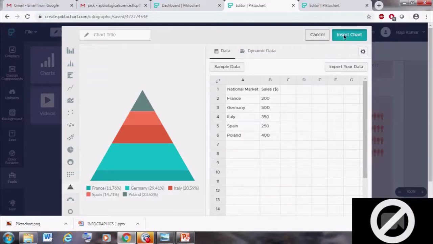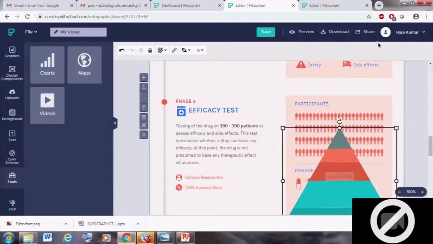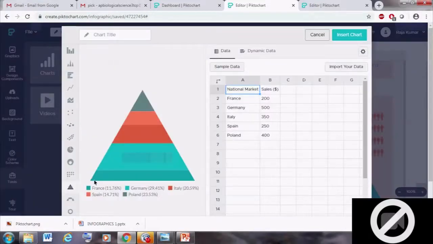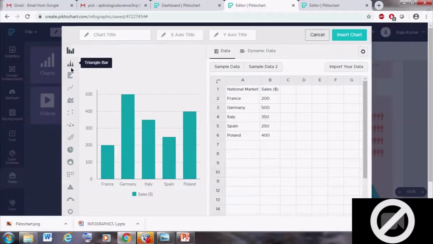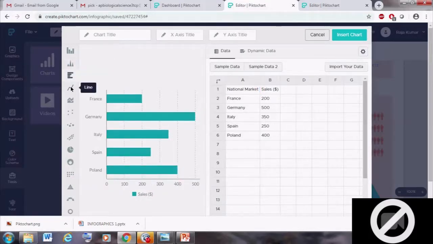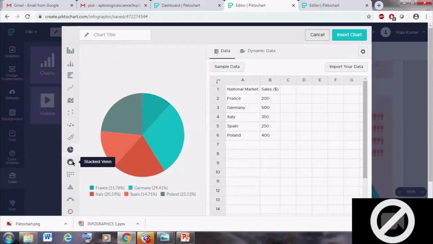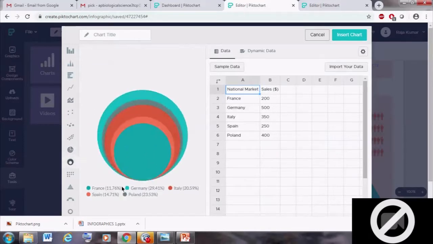It's also available here. If you don't want this chart, you can change the chart type, like a bar diagram, triangle bar, horizontal bar, linear graph, area, and pie chart, stacked, hierarchical chart, cross chart, and donut chart.